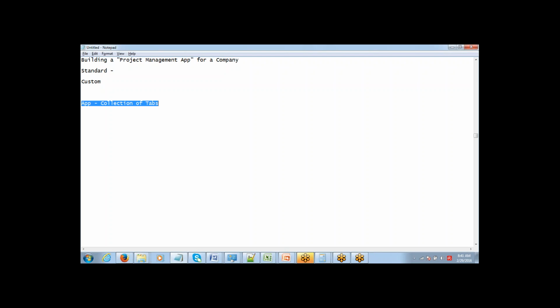What is an app in Salesforce? An app in Salesforce is a collection of tabs, right? So, you will have objects. Try and understand this. You will have objects in the backend. You will have the tabs which connect you to the object, and you will have apps which are basically the